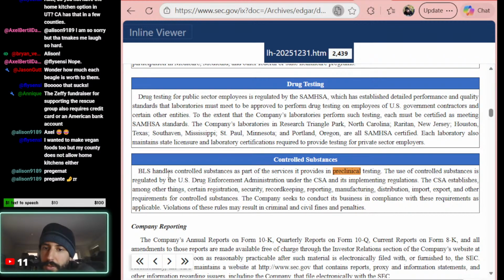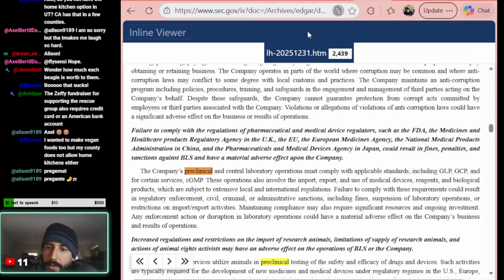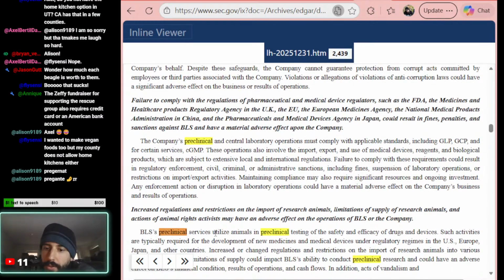Controlled substances as a part of the services it provides in preclinical testing. So they talk about testing on animals a dozen times in this report. Preclinical services utilize animals in preclinical testing.